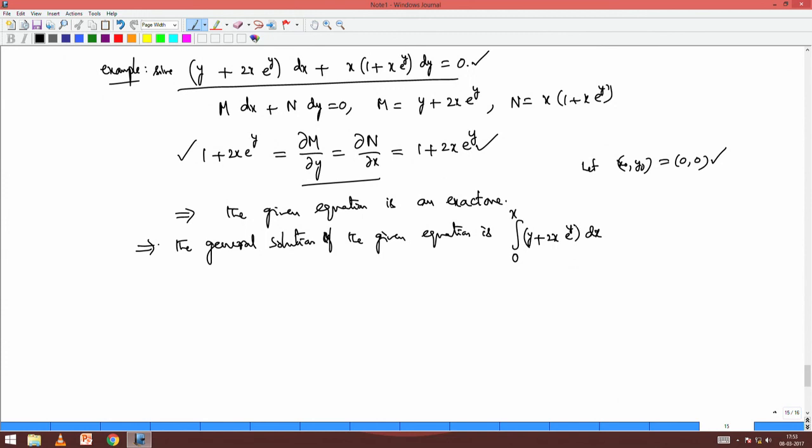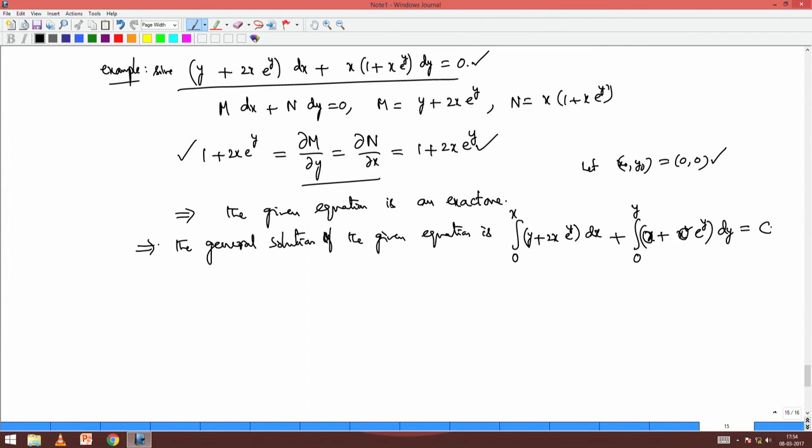Y I am keeping as a variable, x I am simply integrating from 0 to x, plus y naught, that is 0 to y, n is x plus x square e power y dy. I fix y naught, inside also n of x naught, y, x naught is 0. So, if I put 0, the whole thing is 0,